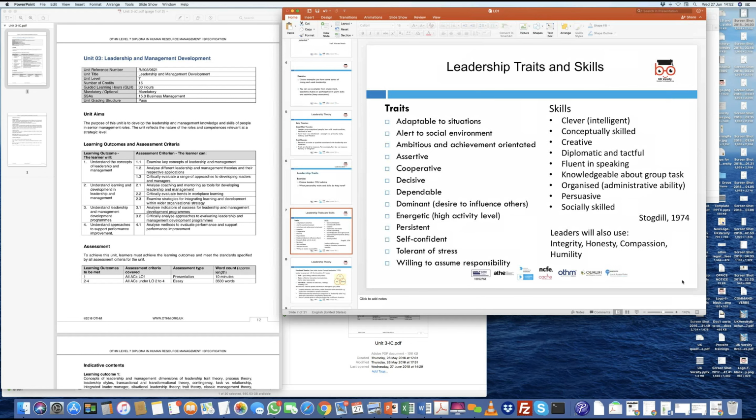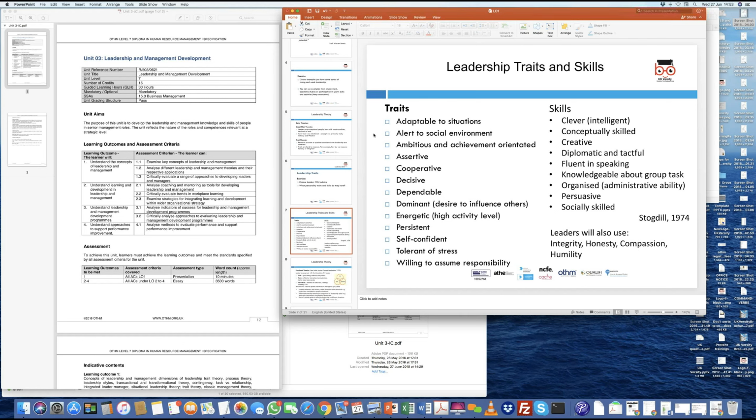We use these words interchangeably, but there is a very clear differentiation between these two. When we look at traits, there are some definitions given here. Traits means you're adaptable to situation, you're flexible, you can adapt easily to a situation because of the experience that you have or because you previously experienced that particular situation. Sometimes if you burn your hand, you don't want to put the hand in the fire again because you want to be cautious, because you have had that situation before. And because of that, it is difficult for you to make that same mistake again. And that makes you adaptable to situations.